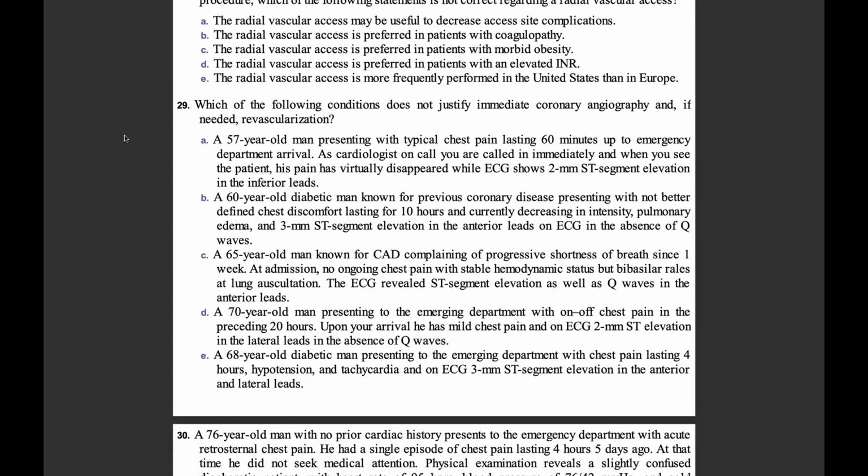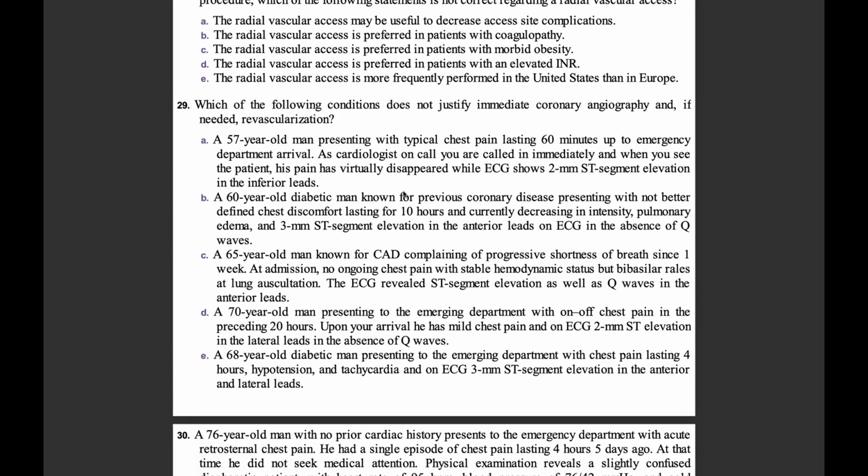Then also, in patients with ST segment elevation myocardial infarction who present 12 to 24 hours after symptom onset, primary PCI is advised to improve clinical outcomes. So even if the patient presents later than 12 hours after onset of symptoms, primary PCI is said to be reasonable to improve clinical outcomes. Then the